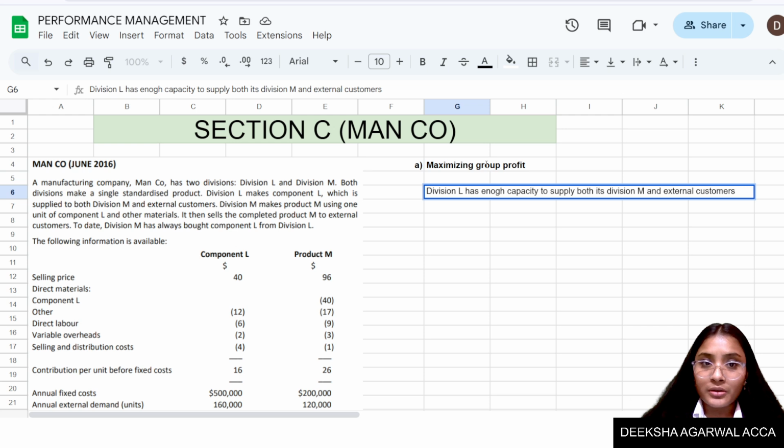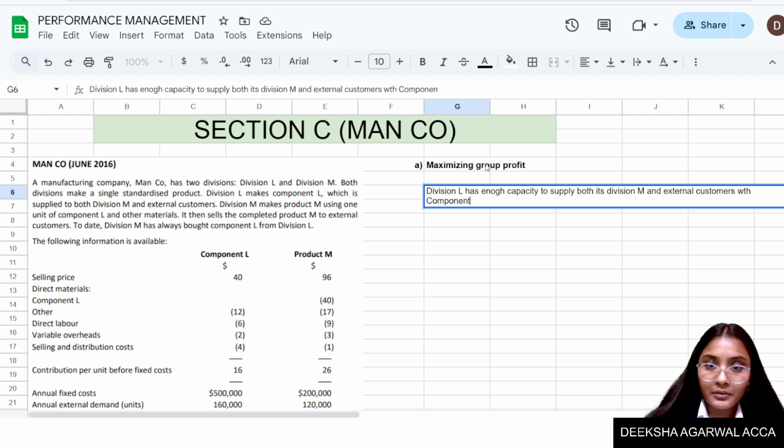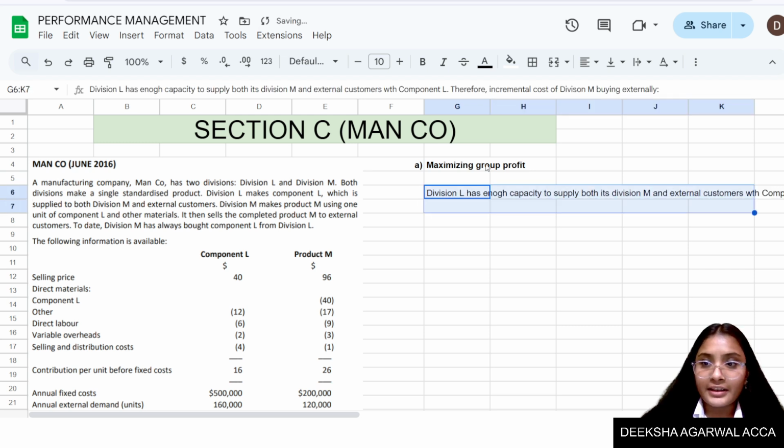It can supply to both with component L, correct. Therefore, incremental. Okay. Cost of division M buying externally would be how much? Now I need to